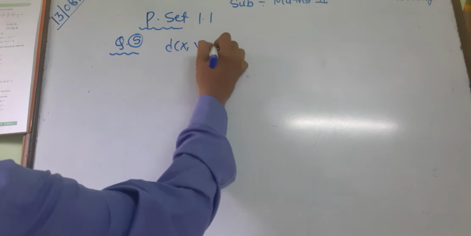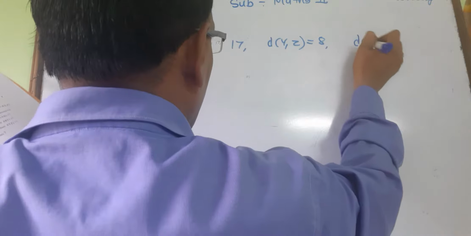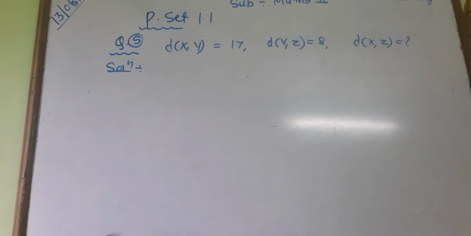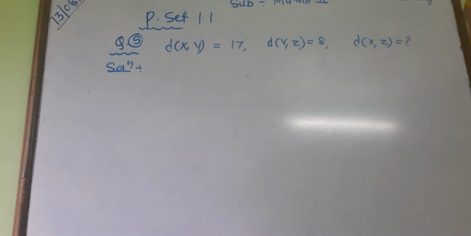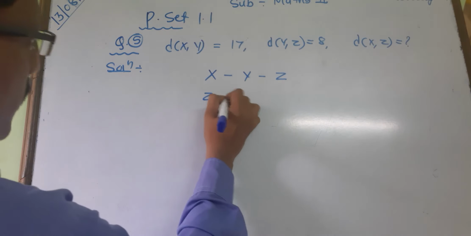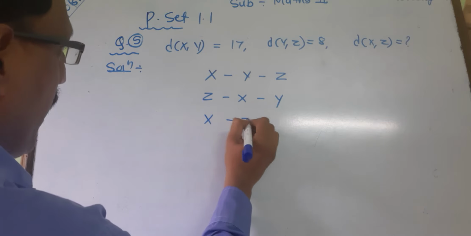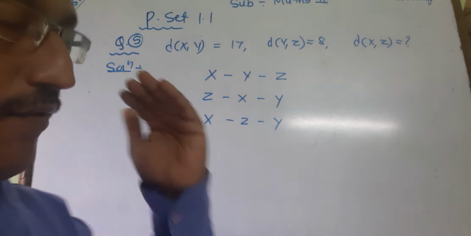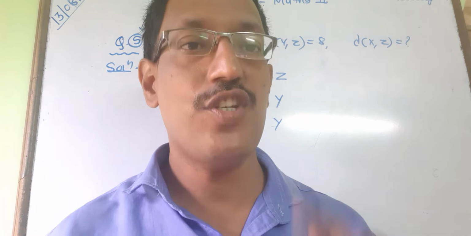So this is the homework for you, students. You have to find out the distance between x and z. So here we have to find out the distance between x and z in each and every case. So what we have to do? We have to consider all the 3 cases. What is the first betweenness? X-y-z. Second, you can consider z-x-y. Or third, you can consider x-z-y. So in all the 3 cases you have to consider, and keep in mind, in one of the cases you will get a negative answer. Understood? Let us move towards question number 6.